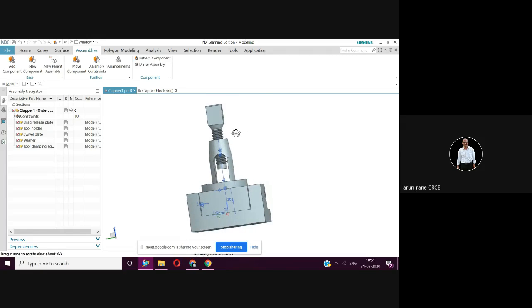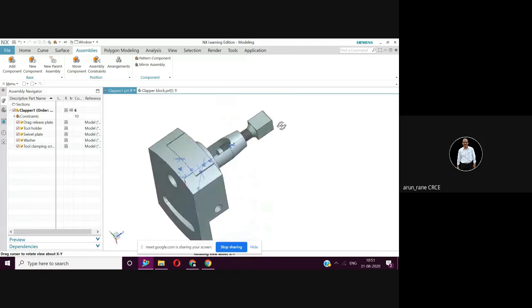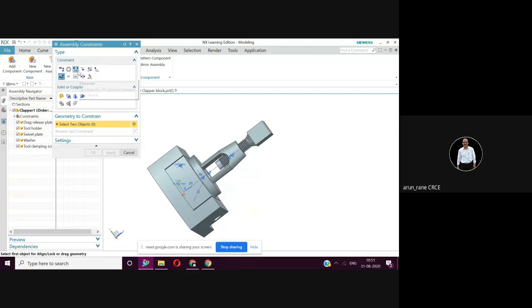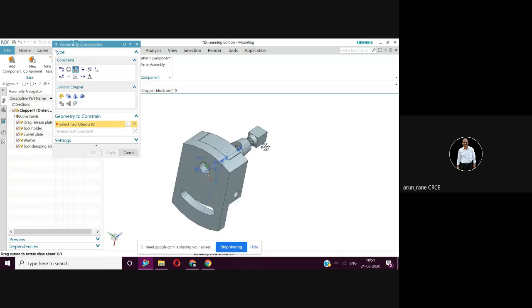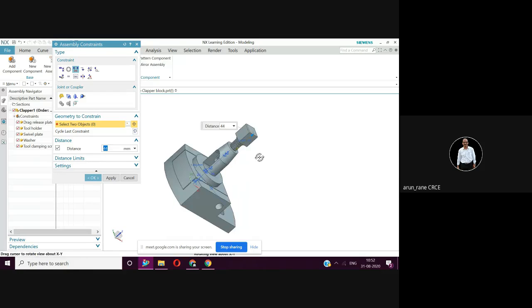And if you still want to be sure, you can use this also from here to here, because it may move in this direction. But if you give the distance, then it will not move in that direction also. So always better you give the distance. So go to assembly constraint, then distance, select two objects. So first is this, easy to select. So select this, and then second is select this. The moment both the objects are selected, it becomes 0. Please note, now this distance is 44.